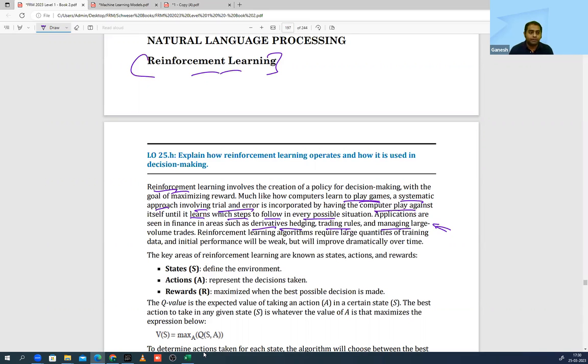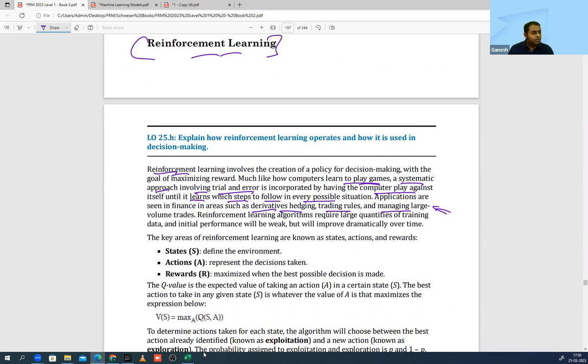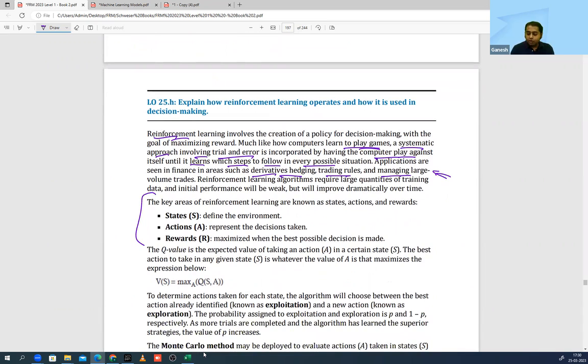Reinforcement learning नहीं हो पाएगा. Okay. Simulation games. Okay, normally when you see that robot is playing chess or it is playing football, तो वो वही है. It is happening because of that. Okay. Now, when you are looking at the reinforcement learning, there are 3 important sections over here: environment, action, and